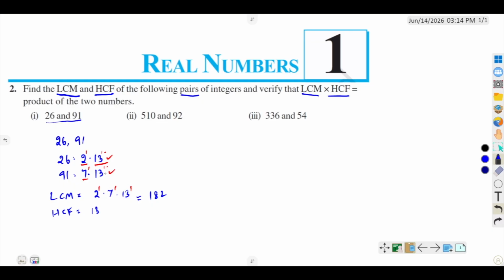Now to find the HCF, we take only the common factor. Okay, we have to ignore the non-common factors. So the common factor is 13, so I'll take that. And the power should be the minimum, meaning 1 and 1, right? The minimum is 1, so I'll keep it 1. So HCF is 13. Now let's do LCM times HCF, that is 182 times 13 will give me,